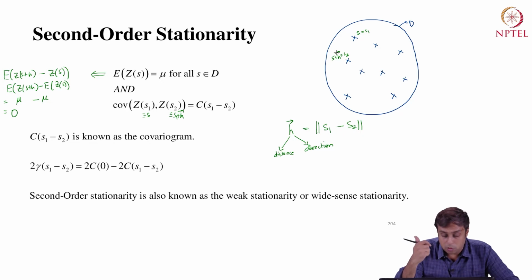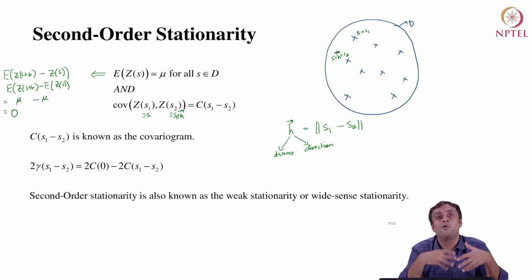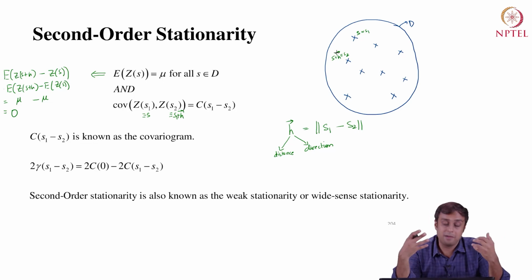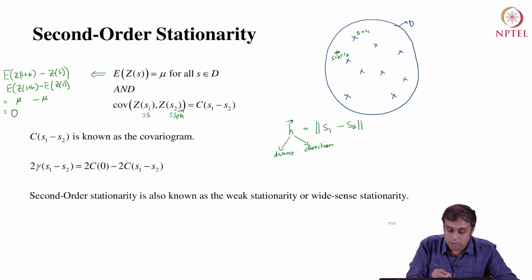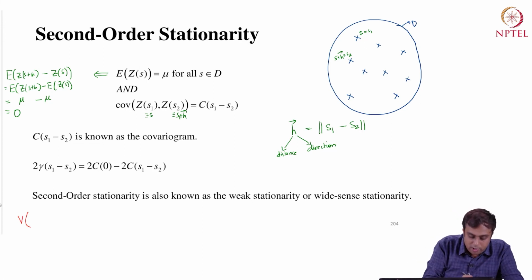Now, what is the difference between the variance of first difference and the covariance? Now, it turns out they are related. Now, if I were to write down the second moment property